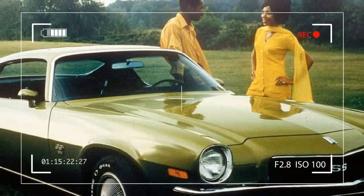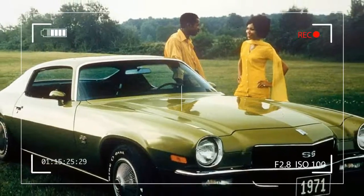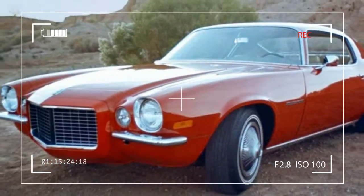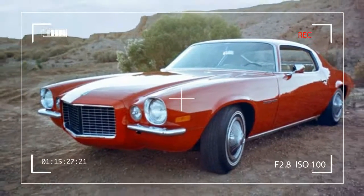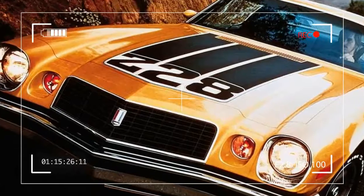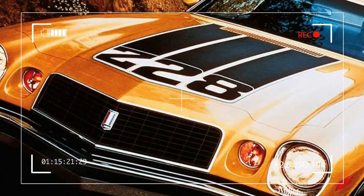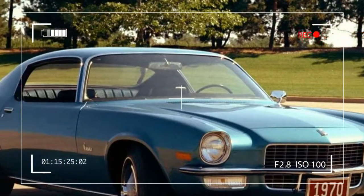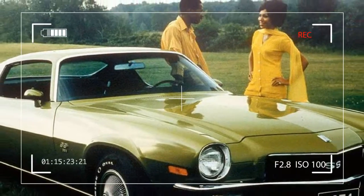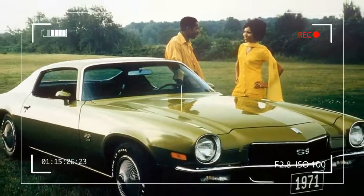The chassis and suspension of the second generation were greatly refined in both performance and comfort. Base models offered significant advances in soundproofing, ride isolation, and road holding. Extensive experience Chevrolet engineers had gained racing the first generation led directly to advances in second generation Camaro steering, braking,